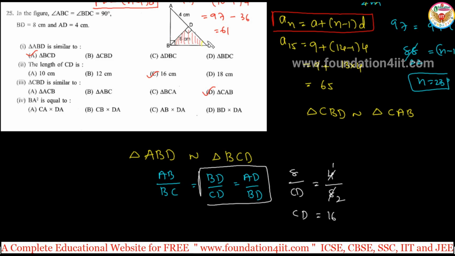So CB, C is the common start, no? Again, you must start with C only, but go to the hypotenuse, because CB is the hypotenuse, so CA is also the hypotenuse. CAB. All are the same letters, three letters only, but CAB is the exact triangle similar to this. Next one, BA square is equal to... So BA is in the BAC triangle, and BA is in the BDA triangle.